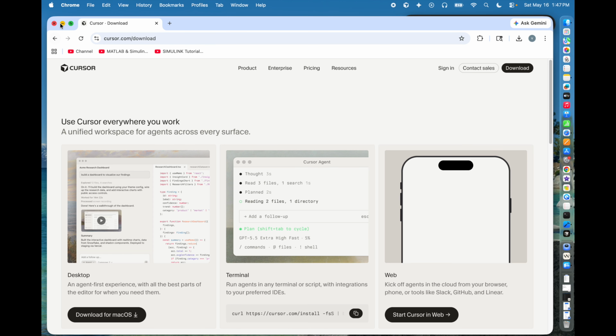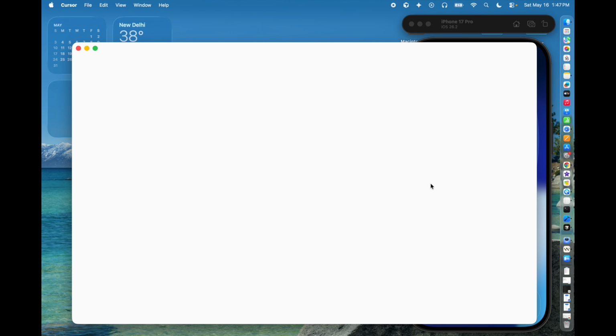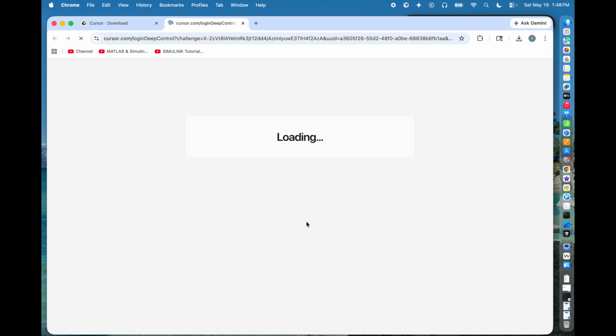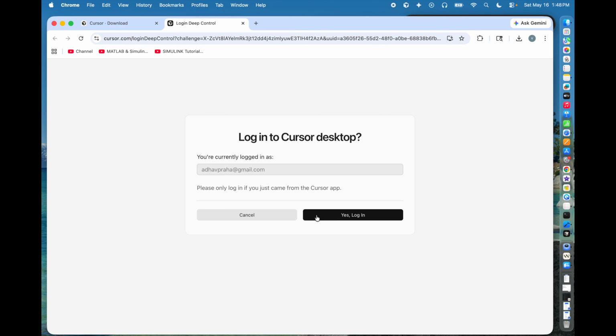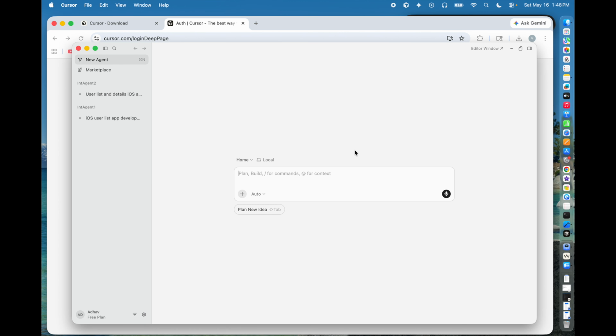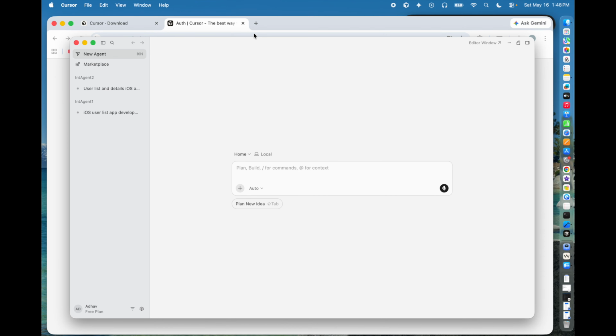I am going to open the Cursor software. Then log in with your account. Click yes. Open Cursor. Okay, this is the Cursor window. Now we have to create